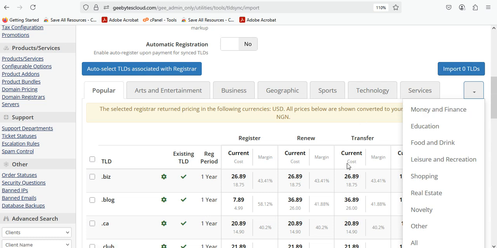When you import it, you can allow it; it can take up to 5 or 10 minutes before you can import all. After importing, when they search for any domain name, if it is valid, it will allow that person to register. If it's not valid, or if it has been registered, it will tell you invalid. I think with this, I have been able to explain to you how you can configure and set up a registrar for domains. When you are done with that, you go to the front of your website and check it, and I think that will be done.